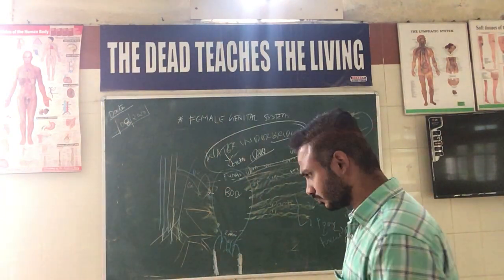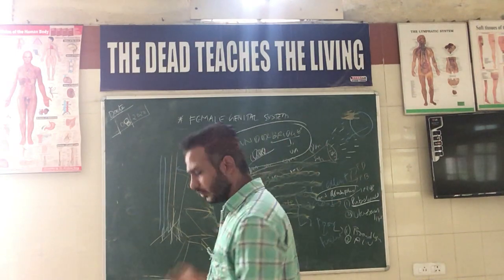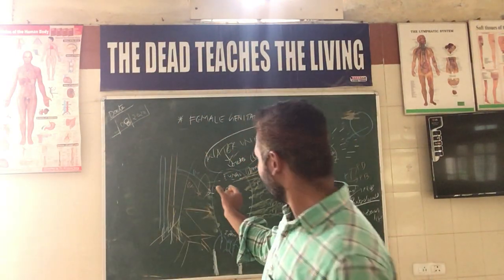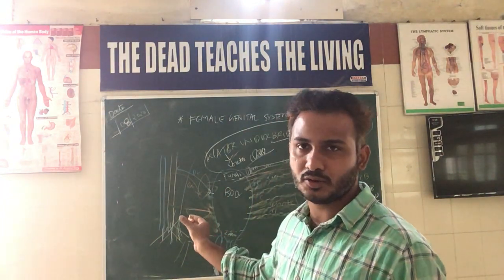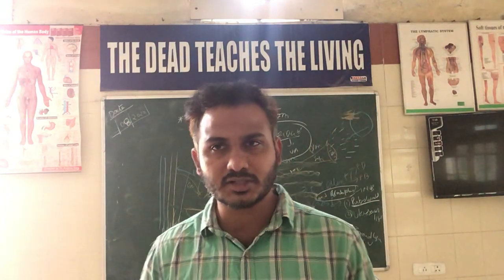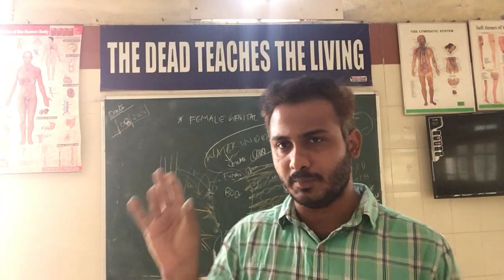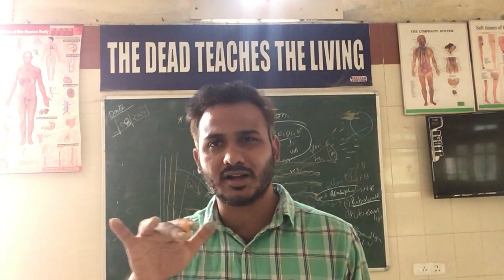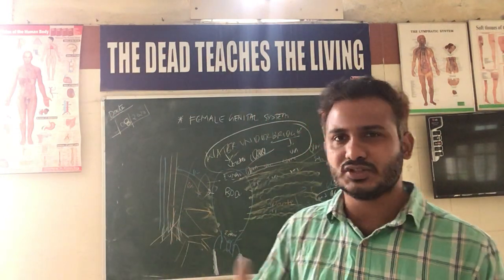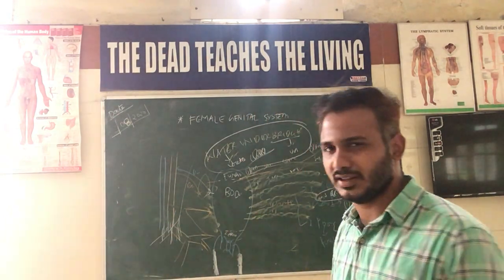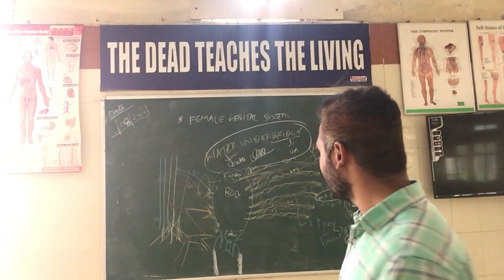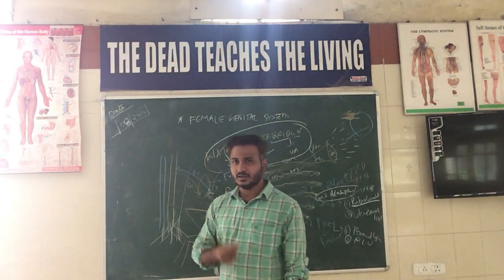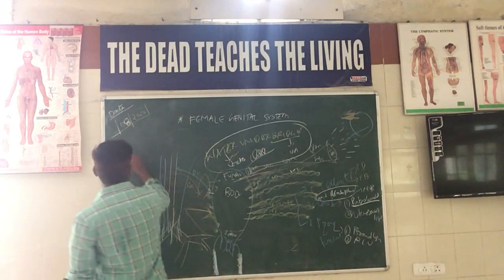And the uterine artery has a peculiar course inside the myometrium of the uterus. If we see the uterus, it has an outer serous layer, a middle myometrial layer, and an endometrial layer. This endometrial layer undergoes cyclical changes, which we will be studying inside reproductive physiology. So what I want to say is the myometrium of the uterus consists of 3 layers.